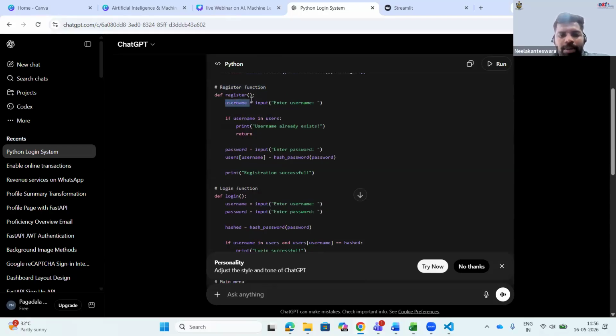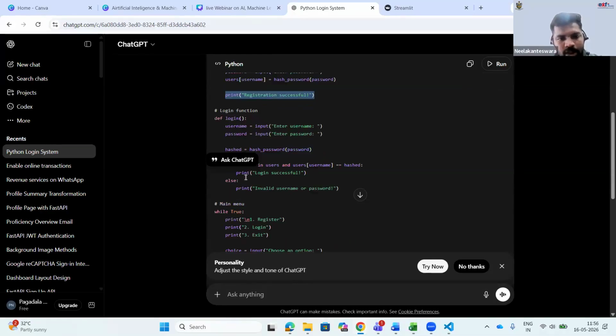It asks for a username and checks whether that user is already present in our dataset. If it already exists, it prints that the user already exists. But if the user is not there, then it asks for the password, and after entering the password, it is converted to a hash and it displays a message like registration successful.